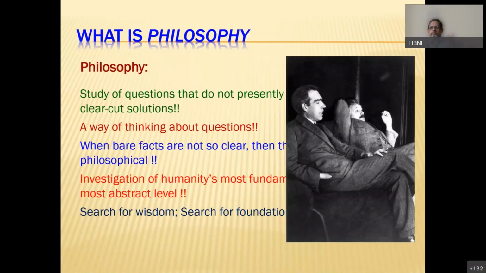So around almost 100 years ago, maybe 92 or 93 years ago, 1925, 1926, Einstein had a very famous argument or disagreement with Niels Bohr over quantum mechanics. That was the time when Niels Bohr propounded the theory of